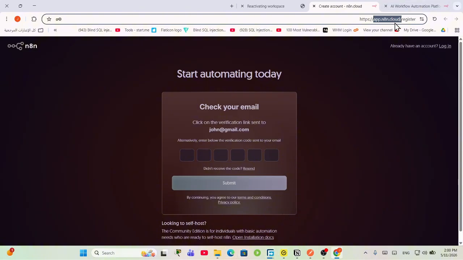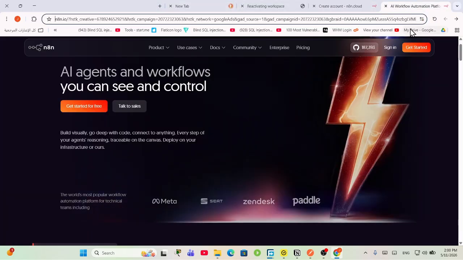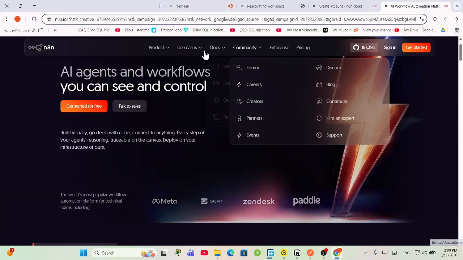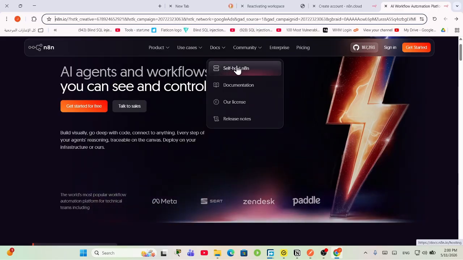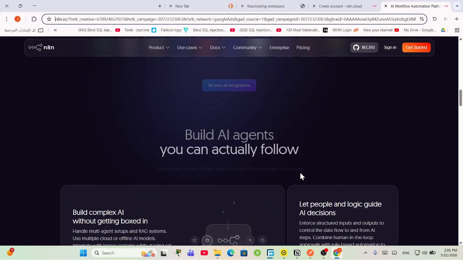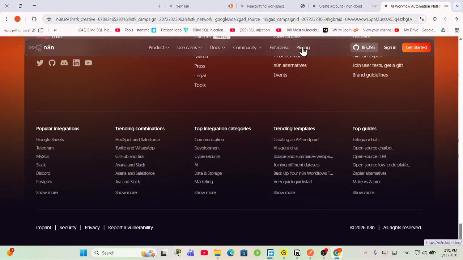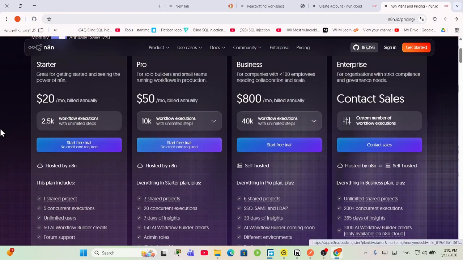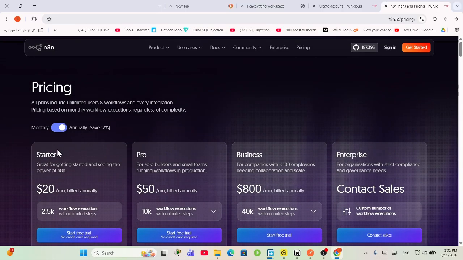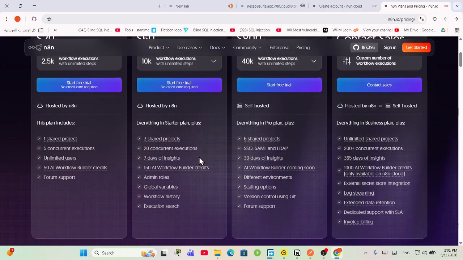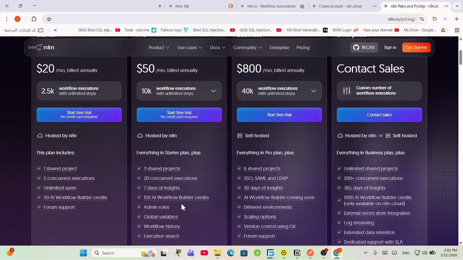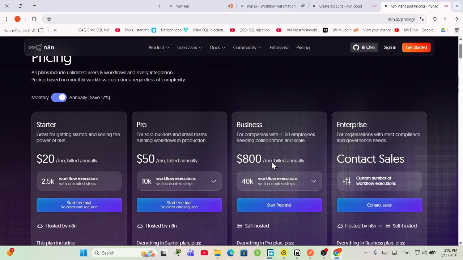But there is also an option to use it locally, which is free. The cloud is actually costly, a little cost. So you have a subscription. You have to pay like I think $25 or something. If you check the pricing here, you can see that you have to pay $20 to get started with some limited features, and $50 if you want more features. Okay, but there is an option